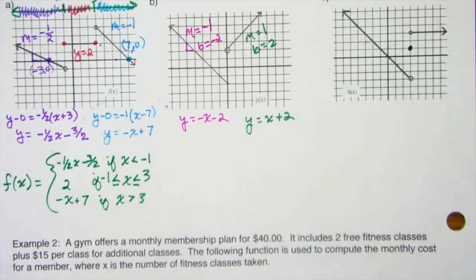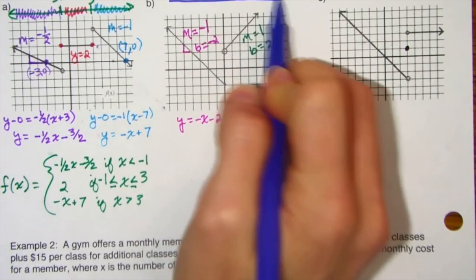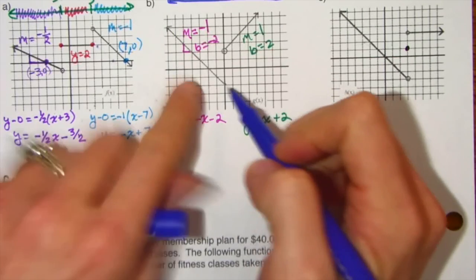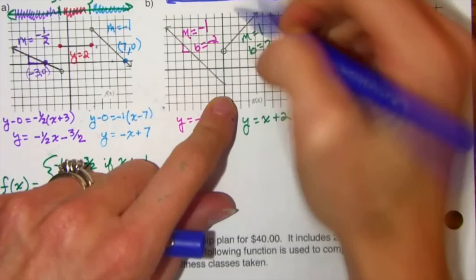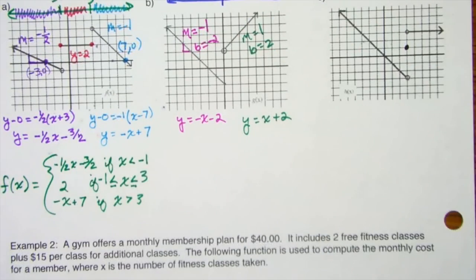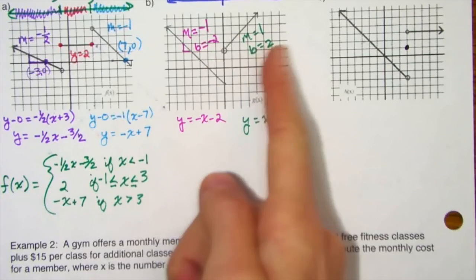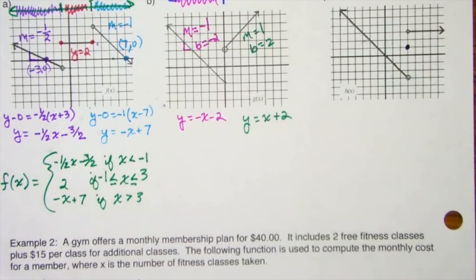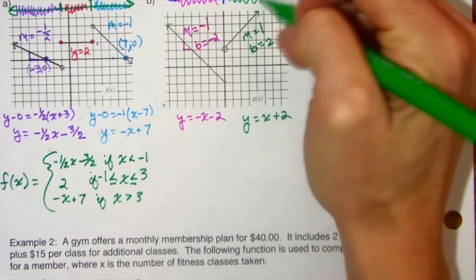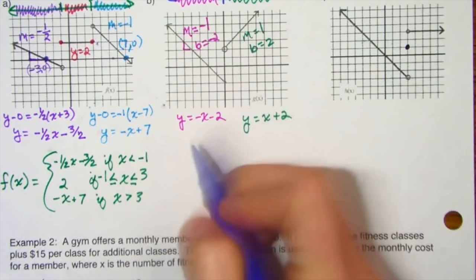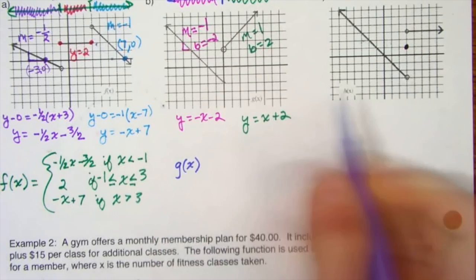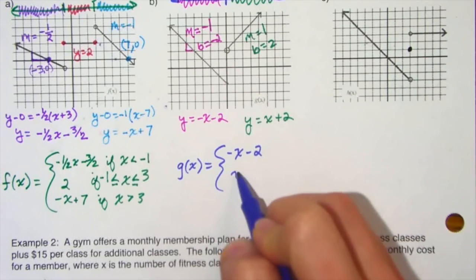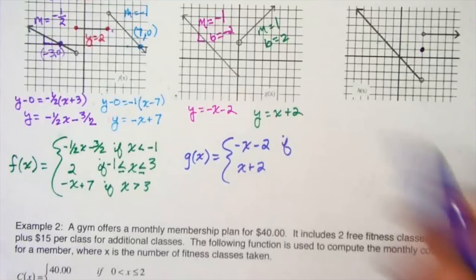And then let's go ahead and draw our number line here. All right, so these are my x values. I start at negative infinity, and I go all the way up to what for this graph? To 0 here. Okay. And this one starts at 0 and goes to the right. So if I'm shading, my pink graph is going to exist here, and my green graph is going to exist for all of these x values. So when we do g of x, I have my 2 functions, negative x minus 2 and positive x plus 2, if,